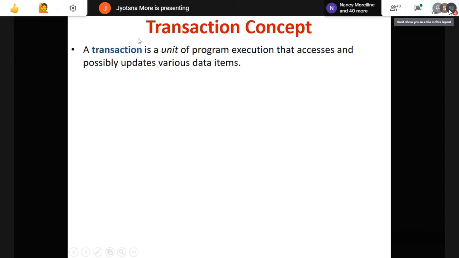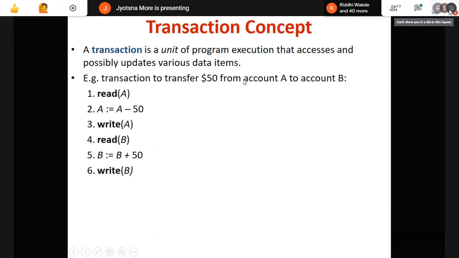So remember this definition in database terms, and you have to write the same definition. Don't write in your own words. Always remember, definitions have to be the scientific definitions which are given. Don't write those in your own words. After the definition, you can explain it in your own words. That doesn't matter. A transaction is a unit of program execution that accesses and possibly updates various data items. Right. Now consider this transaction.